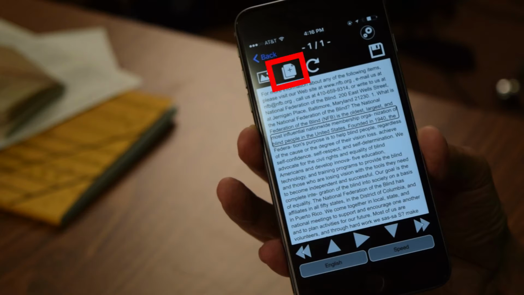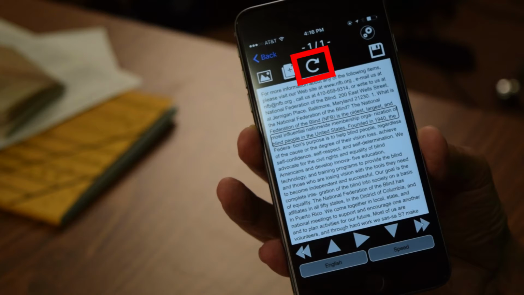Add page to document. Add page to document, meaning if you had a reason to believe, and let's say the document that I have here has several pages, so if I decided, oh yes, I'm interested in knowing more about this document, I would be able to double tap on Add Page to Document and capture more pages from this same document, or perhaps all the pages of the document. That's Add Page. Change text recognition.